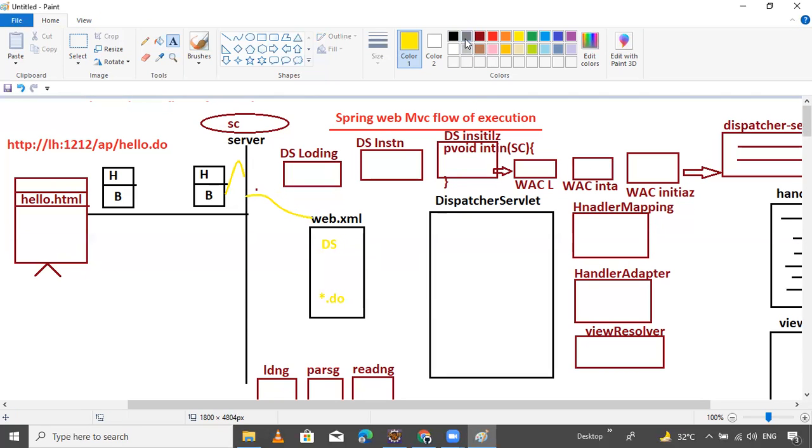I think the color is not good, so change the color. Don't worry. This one is good. Now it will search. Then the dispatcher servlet sends the request to this .do.